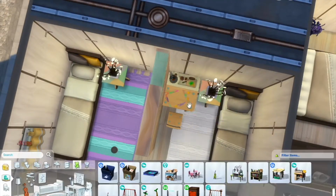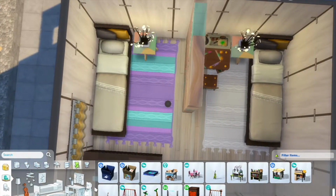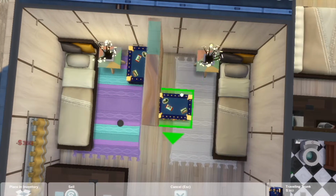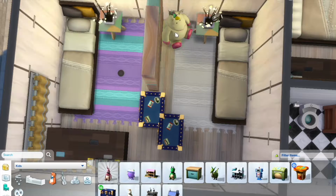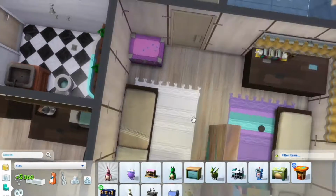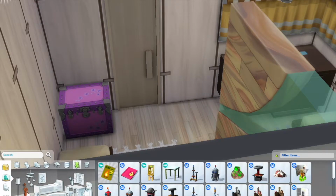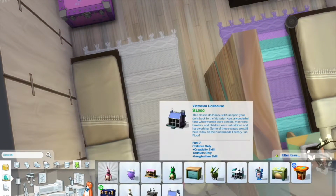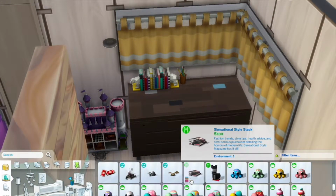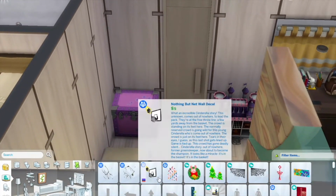The differences in their spaces, one's a little bit more into mythical creatures, and the other one is a little bit more pink oriented. She likes the color pink, and that's literally the only two differences I had when I was designing them. So the one on the right likes a little bit more mythology, and the one on the left has a bit more colorful pink based aesthetic. And so as you can see, the neutral wall has a lot of toys and stuff like that. I wasn't able to add a lab station,